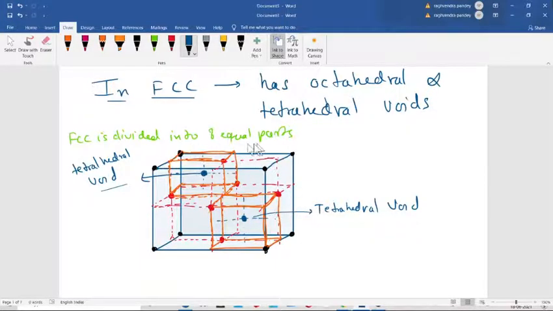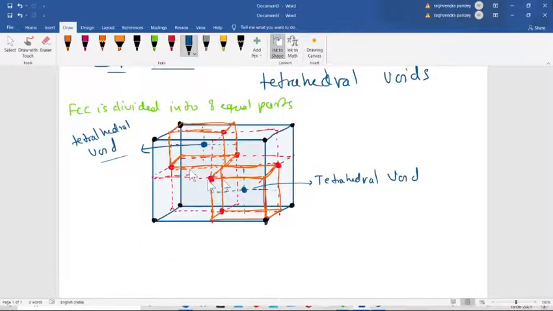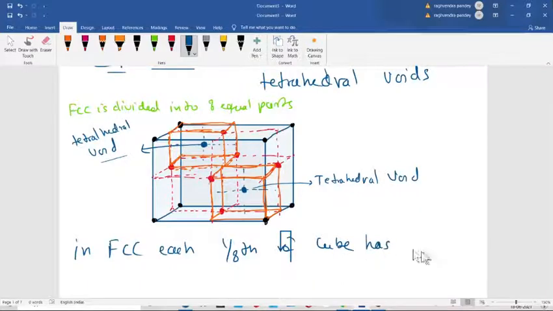Okay. So in FCC, I have made only 2 cubes, but you can see, in FCC, each 1/8 of the cube has a tetrahedral void.